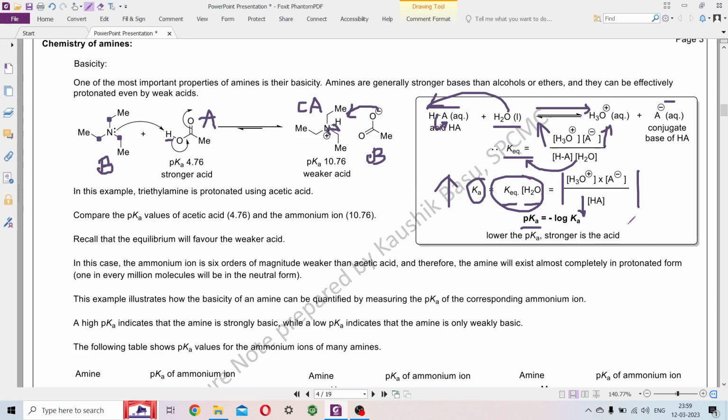টেক ফর এক্সাম্পল, if K is 10⁻⁵⁰, তাহলে pK এর ভ্যালু কত? 50, অনেক বড়। যেহেতু K এর ভ্যালু ভীষণ ছোট, তো pK এর ভ্যালু বড়। আর K এর ভ্যালু যদি 10⁻¹⁰ হয় তাহলে pK এর ভ্যালু কিন্তু 50-এর জায়গায় 10 হয়ে যাবে। তো K যখন 10⁻⁵⁰ আর K যখন 10⁻¹⁰, obviously the second case represents a stronger acid because K এর ভ্যালু বড়। 10⁻⁵⁰ এর তুলনায় 10⁻¹⁰ অনেক বড়।